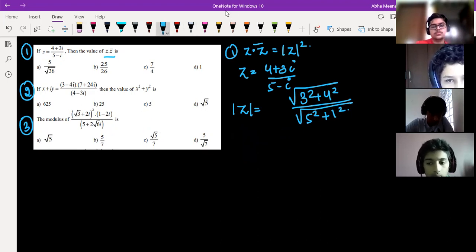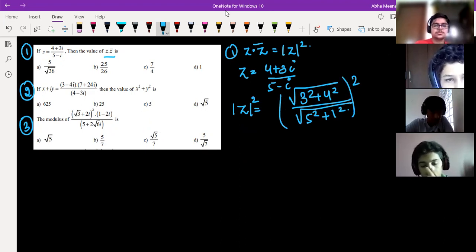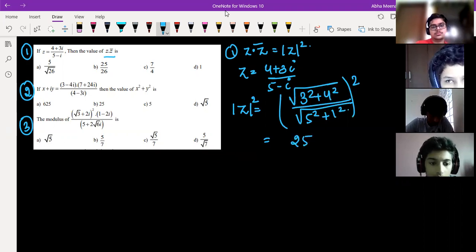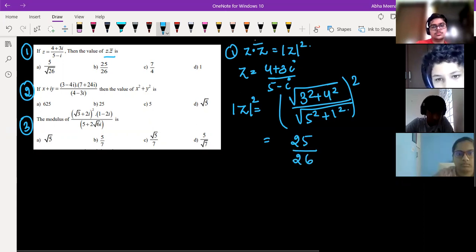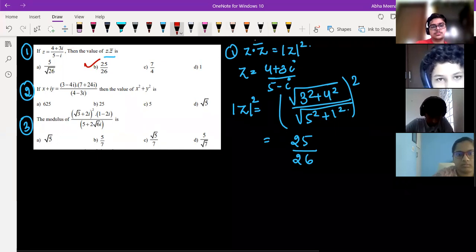Now, you are asked modulus of Z square. You need modulus of Z square. So this root will blow away. What are you left with? 3 square plus 4 square, which is 9 plus 25, over the below one, 26. That's all. 25 by 26. Now, in the second question also, this is a little bit tricky,